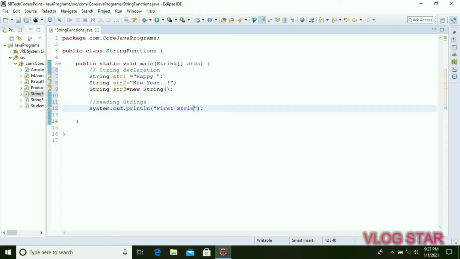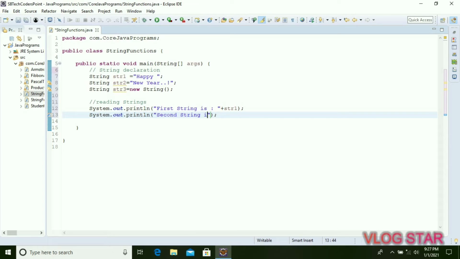For that we have to type "first string is", and after the double quotes we will give a plus sign and str1, as we are reading the first string. Now similarly for the second string we have to take System.out.println, and we have to type "second string is", plus str2. Now save the program.